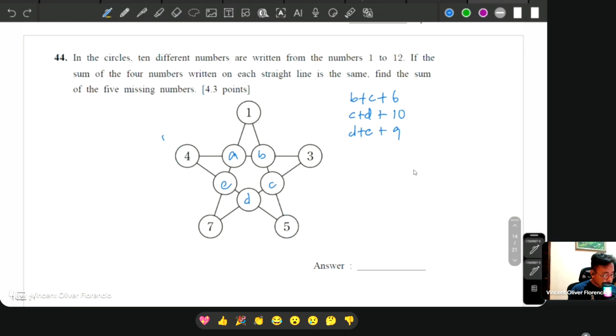Next, we also have C plus A plus, where's that? Why C plus A? What am I doing? Again, this is the B plus C. Next, this one, C plus D. Next one, okay, D plus E. Next one, we also have